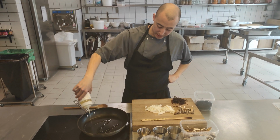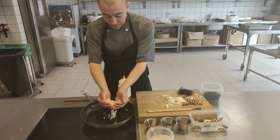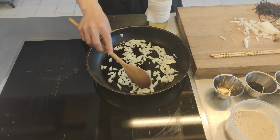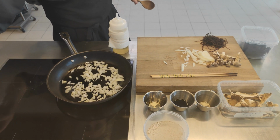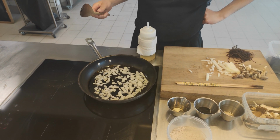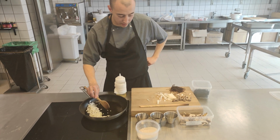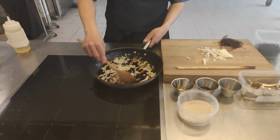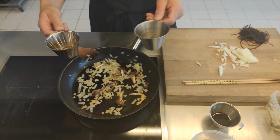We're going to start with a pan with a bit of oil. We're going to start on low to medium heat. Add some of our onions. Just cook it until it's slightly translucent. Oyster mushrooms over here. Sweat it a little bit. So now we've fried the mushrooms and the onions just a little bit. We're gonna add mirin and sake and